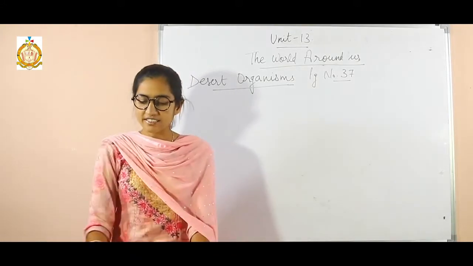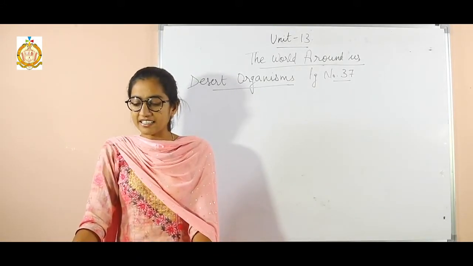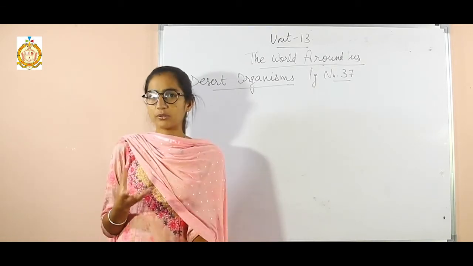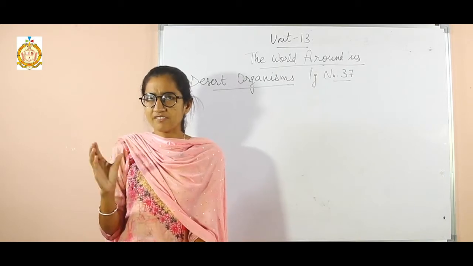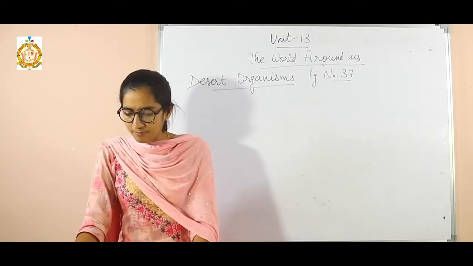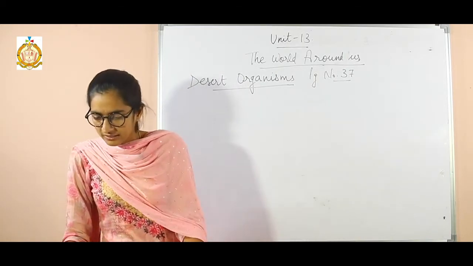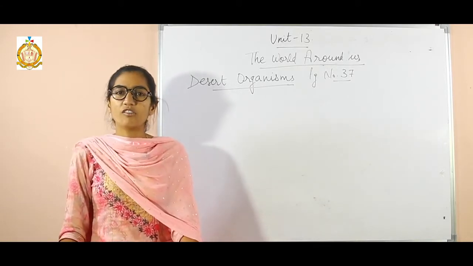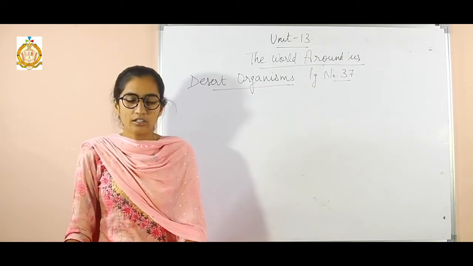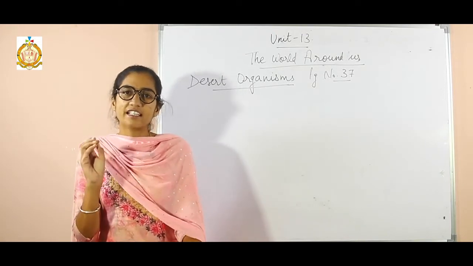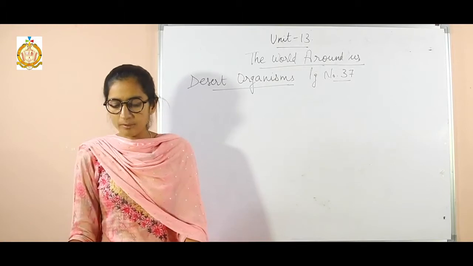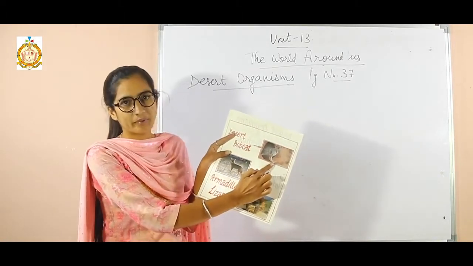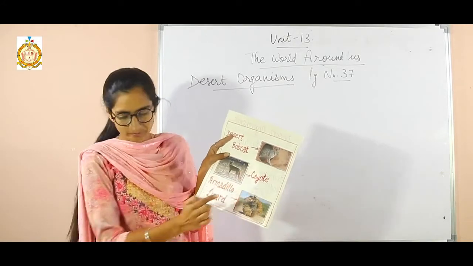The next one is a desert animal that has a distinct fearsome growl. A fearsome growl is a sound the animal produces in its throat when it is angry. The color of its fur is a mixture of white, brown, black and orange. So it is known as the desert bobcat. Here you can see the picture.